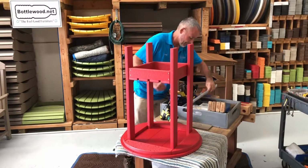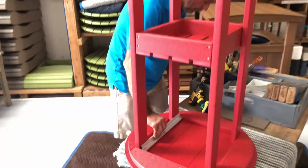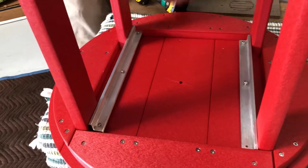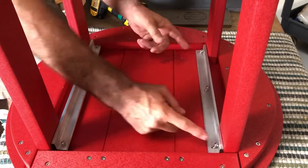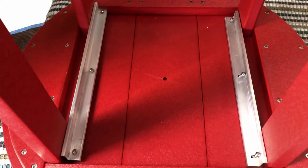All right, we're going to take 3 pieces of aluminum. Your 2 longer pieces. Set right in here like this. Now, these do not have to go all the way. This is for sagging